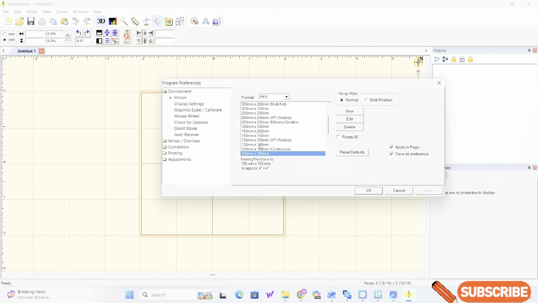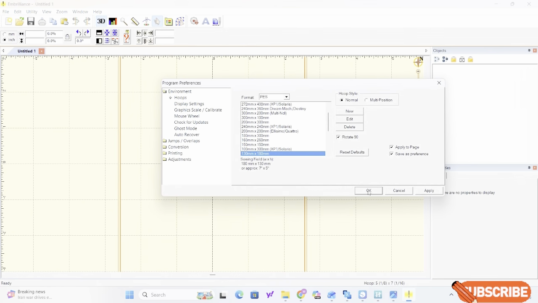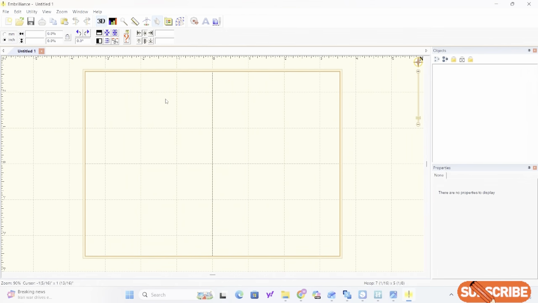You're gonna choose the hoop size based on your design size. So I'm gonna choose the 5x7 hoop and I'm going to press OK. Actually, I'm going to rotate it 90 degrees. I'm gonna press OK. Now the next thing I'm gonna do is get the image that I'm